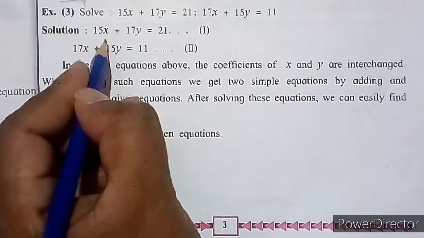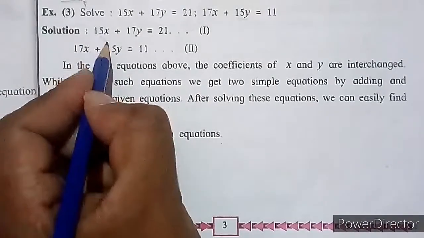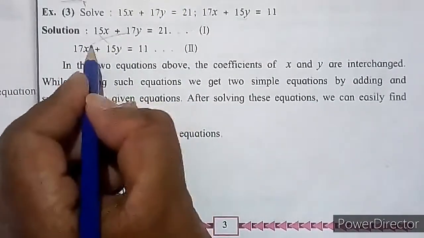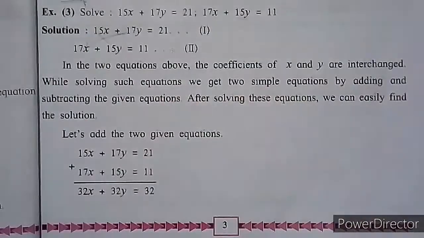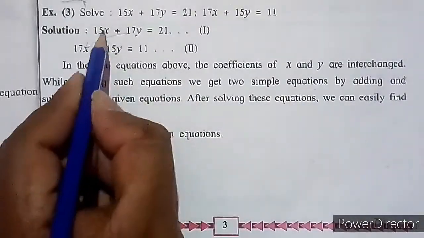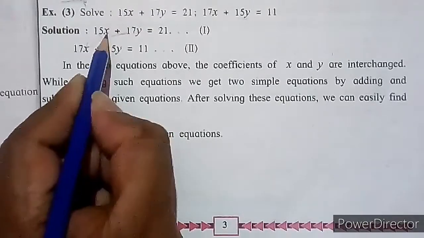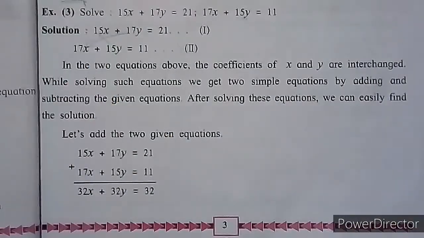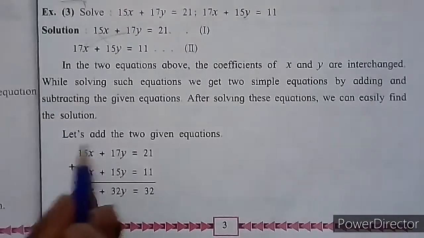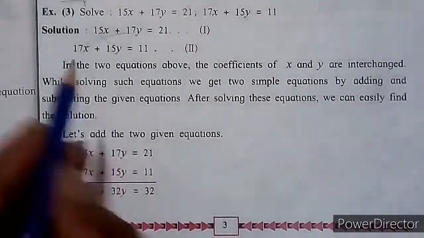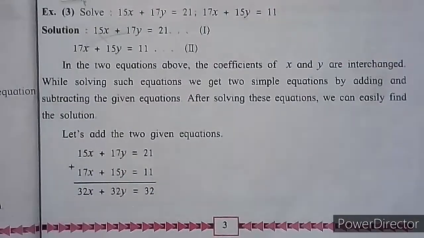Here we observe that these are formed by exchanging the variables. If such a problem appears in front of you, the first operation is addition and the next operation is subtraction. Collect both the results of addition and subtraction, and then you solve the problem. Now moving to the solution part, let's add the two given equations. We have to add first, then we have to subtract.